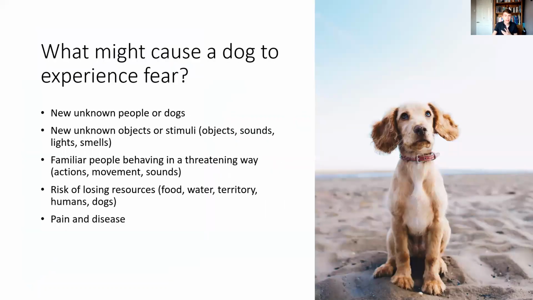Okay, so the next thing we're going to look at, with relation to this emotion of fear and how it influences our dogs, is what might cause a dog to experience fear. There are quite a lot of things that could potentially cause a dog to experience fear. Firstly, it might be new or unknown people or dogs. These are probably one of the most common causes of fear in the domestic dog. We get dogs that are what we call people reactive, and generally that's because they're experiencing some fear around people, so they might respond aggressively or by running away. But in this context, we're generally looking at those dogs that respond aggressively to people.